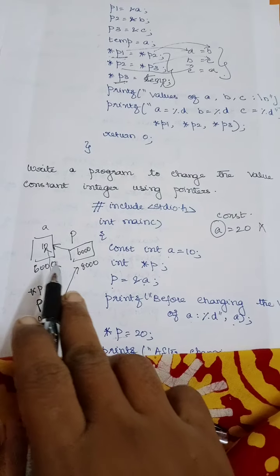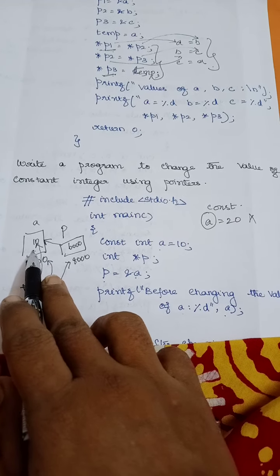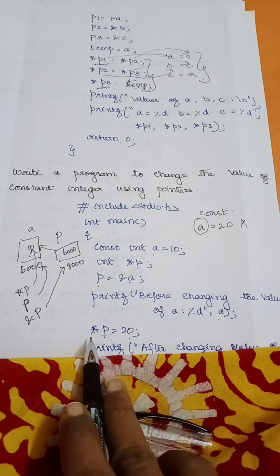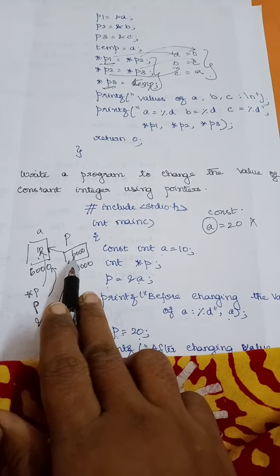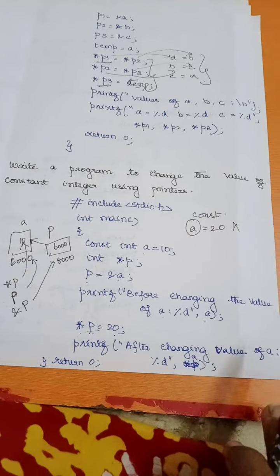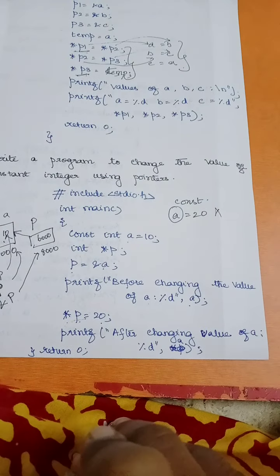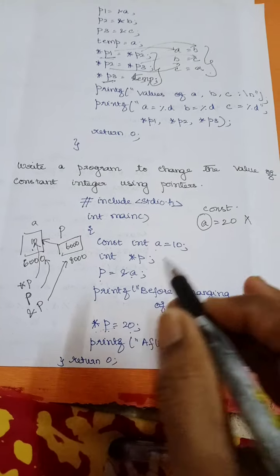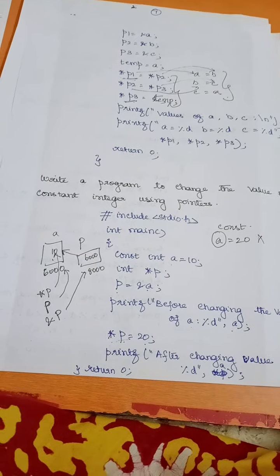Right? So here I am referring star p. So star p refers to the value of a. So here in the value I have got 10. But in the place of 10 I am going to write what? 20. Is that clear? So star p refers to the location where the p is pointing to. So this particular value I am referring. So star p equal to 20. Now I have changed the value of a. This will not give you any error. But if I directly write a equal to 20, then it will give you an error because a is going to be the constant variable. Right?